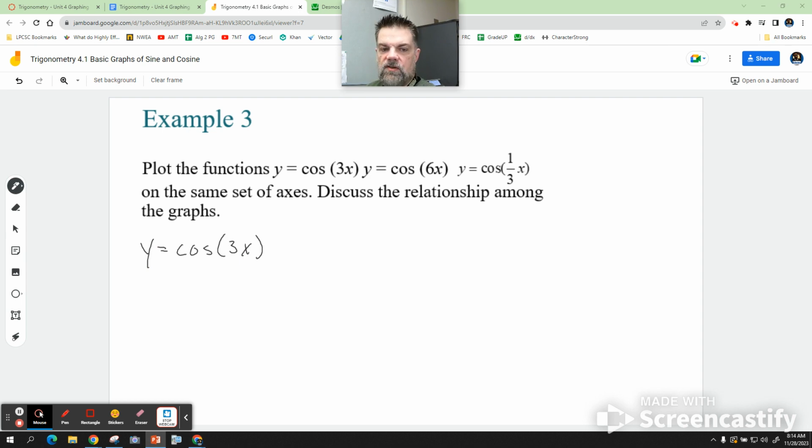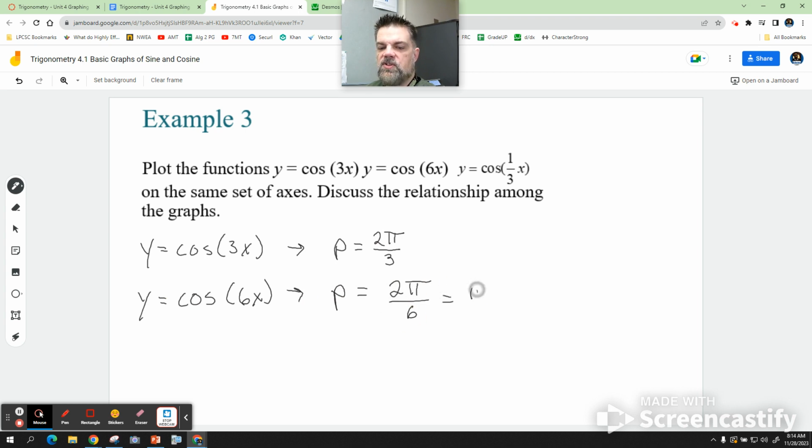In this particular case, the period P was equal to 2 pi over 3. On the next one, we said cosine of 6x, and the period was equal to 2 pi over 6, but if you reduce that, it was just pi over 3, wasn't it? On the next one, we had y equals cosine of 1/3 x,